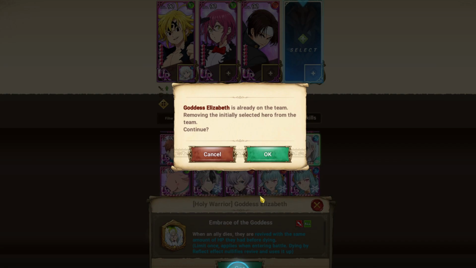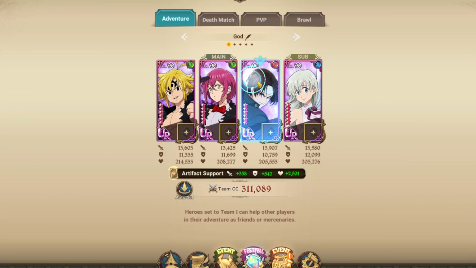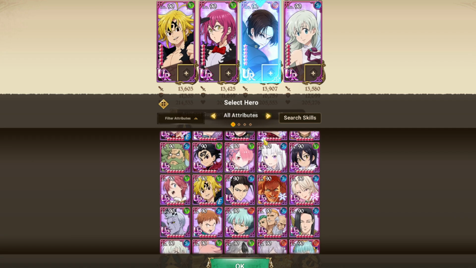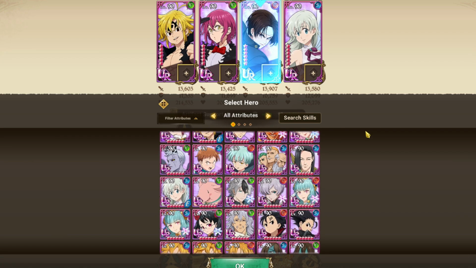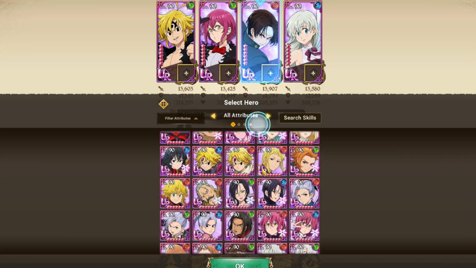We would put Goss Elizabeth, let's say, right? And then this could be a good team. There's obviously other options, but this is just an example of what you could run. There's multiple teams you can run with Trader Meliodas that will do well. And with all the characters I suggested in this video, you guys can definitely make a really good team with it. Another team, before we actually wrap up the video, that I would actually use as well would be...